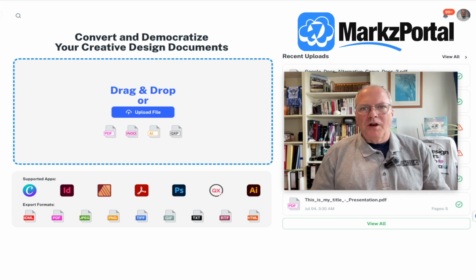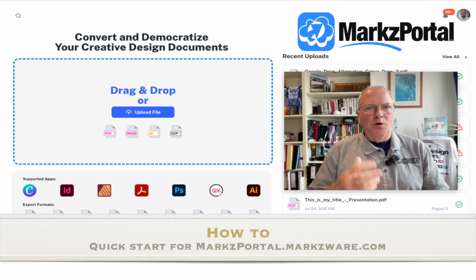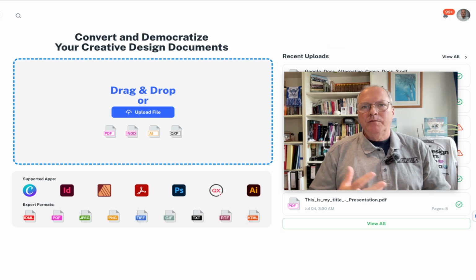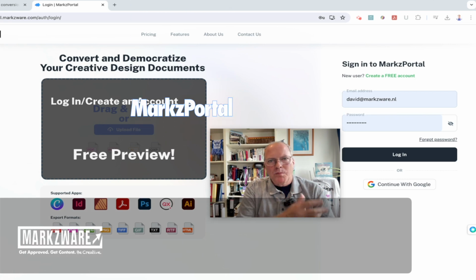Welcome to this quick start guide on using MarkzPortal, the powerful PDF and desktop publishing DTP file converter from us, Markzware. First, log into your MarkzPortal account on